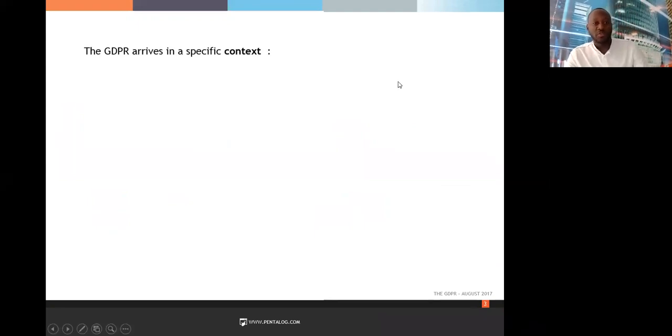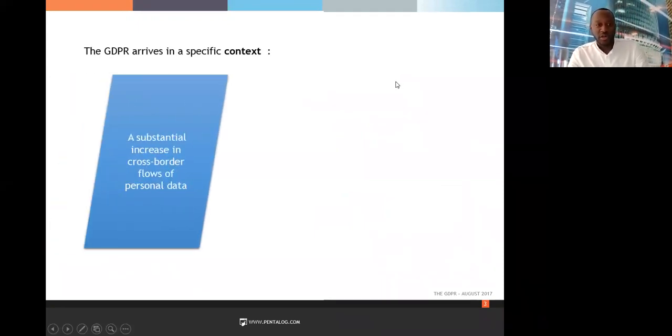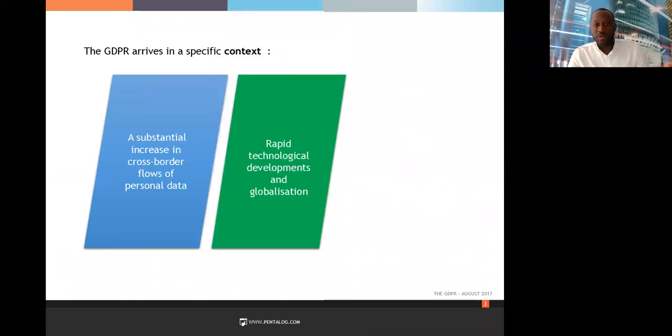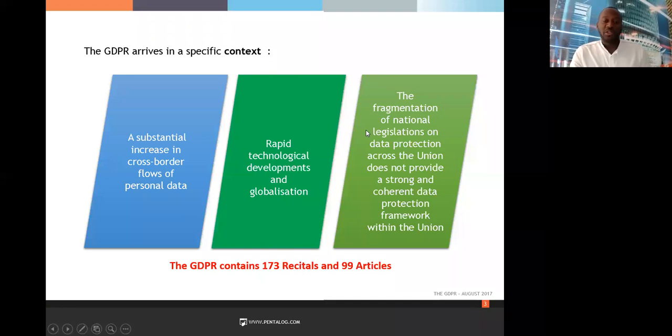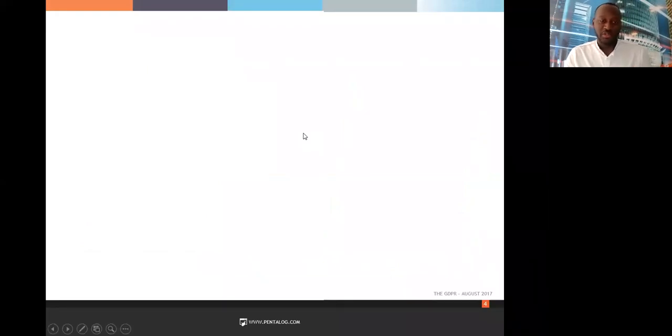The GDPR arrives in a specific context: a substantial increase in cross-border flows of personal data, rapid technological development and globalization, and the fragmentation of national legislation on data protection. Since 1995, all the countries have had their own legislation, so it was very hard to have something harmonized. It was sometimes incoherent within the European Union. This is how the GDPR arrived in Europe. The GDPR contains 173 recitals and 99 articles. It's a very huge document, but it gives us much good information about how we're going to process data